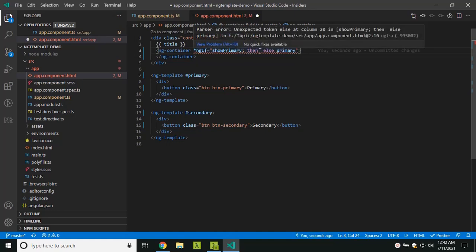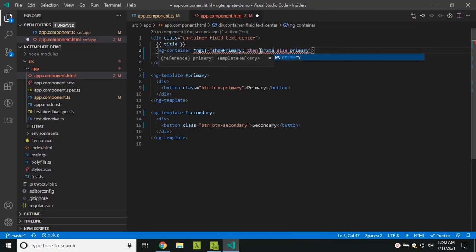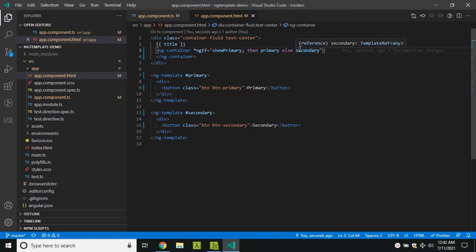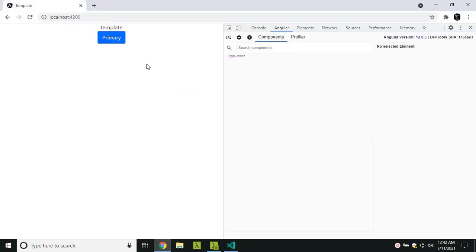So in case it's primary, I will show the primary template, and in case it's secondary, I will be showing the secondary. This is much more readable. Now if we go again, our application will be working similarly. It will toggle the primary and the secondary buttons.